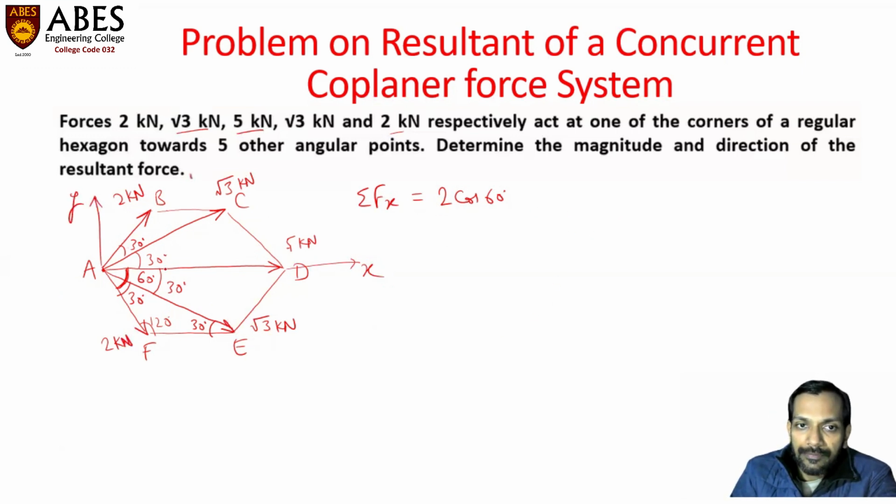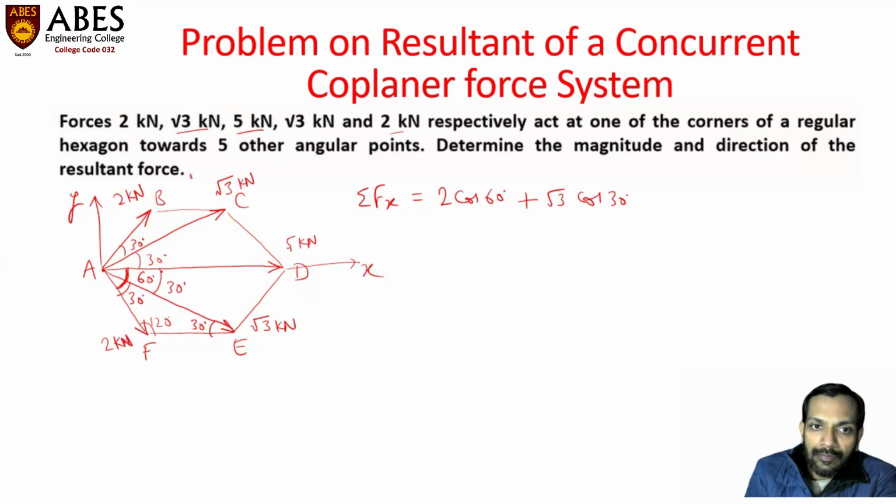So 2 cos 60 plus under root 3 cos 30 plus this is the complete force along the x-axis, 5. So you can write 5 cos 0, or simply you can write 5